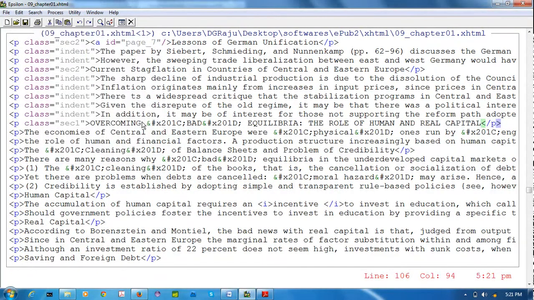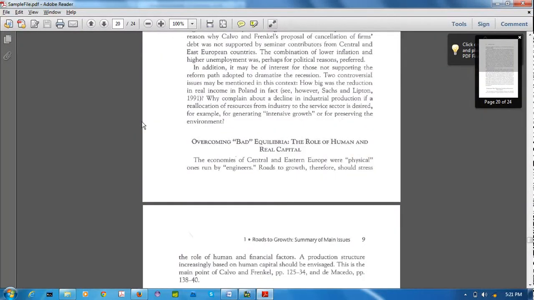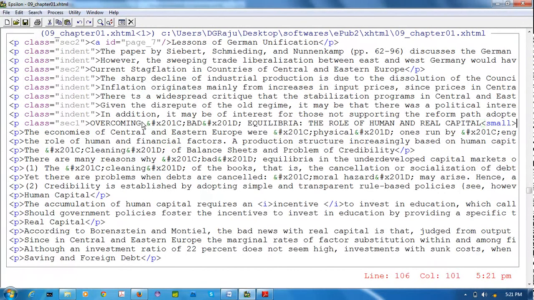Right. So capital, closing, here opening, here closing, here opening.